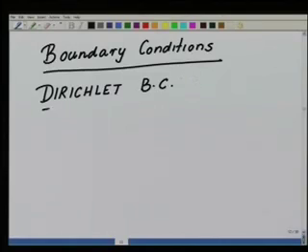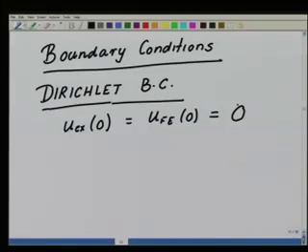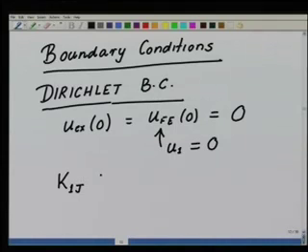What is it for our problem? For our problem we know that u exact at x equal to 0 is equal to u finite element, because they have to be the same, is equal to the value 0, which means that our u1, the coefficient u1, has to be equal to 0. Fine. So how did we go about enforcing it? First we said that in the global stiffness matrix, the first row corresponds to u1. We are going to set all the entries equal to 0 for j is equal to 2, 3 up to,